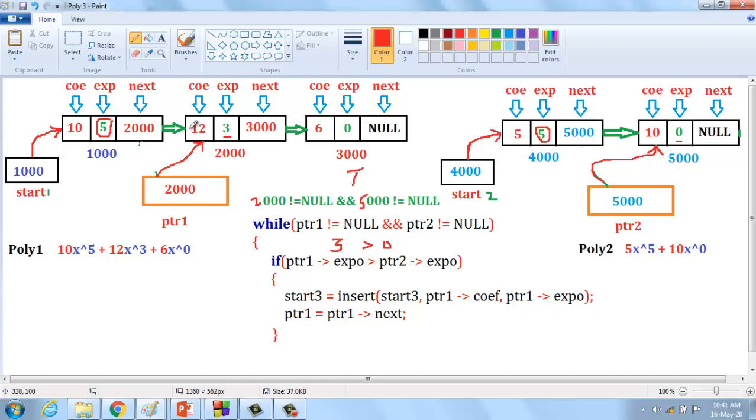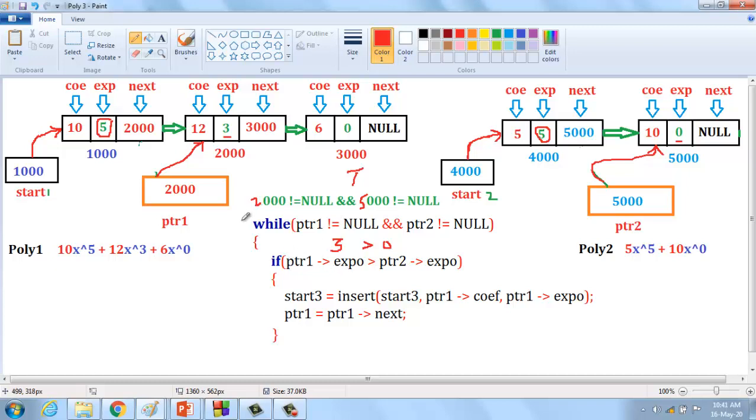Now look here. In the second scenario, pointer ptr1 is pointing to 2000, pointer ptr2 is pointing to 5000. We are going to compare the second node with the second node in the list. Ptr1, that is 2000, not equal to null, and 5000, that is pointer 2, not equal to null. Condition true or false? Condition is true. Enter inside the while loop.